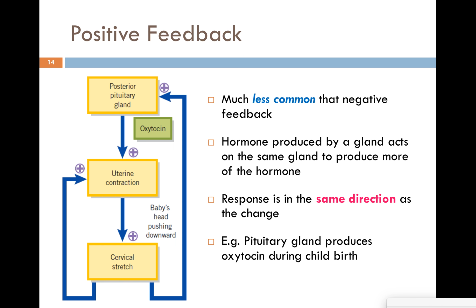The next example of a feedback loop in the stimulus response model is much rarer, especially in humans, and it's a positive feedback loop. So here, instead of the response hopefully making the original signal go in the opposite direction, in a positive feedback loop, you want the response to go in the same direction as the initial change it's detected. I'll explain what that means. And the best explanation is actually the example of the release of this feel-good chemical oxytocin,